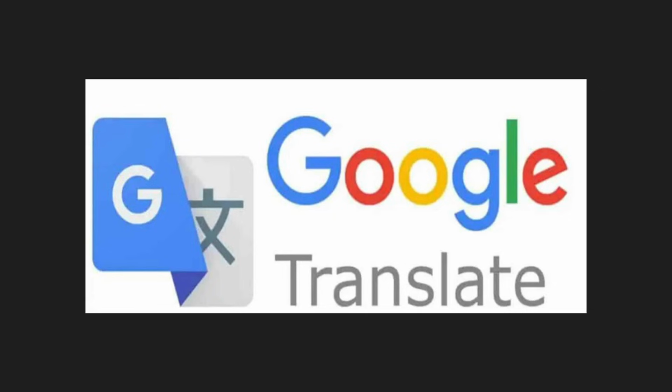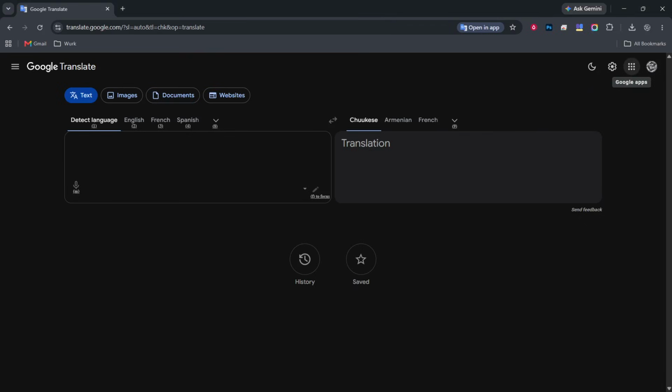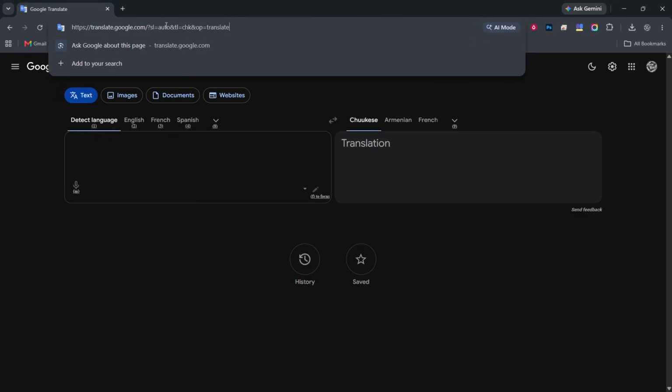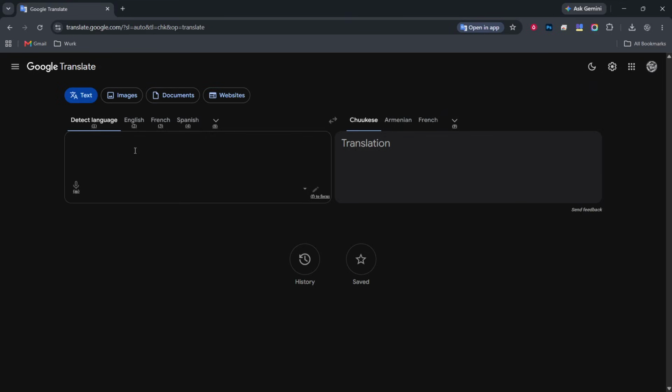Open Google Translate. On your computer, this shows a clean page with two large text boxes side by side. The box on the left is for the text you type or paste in. The box on the right is where the translation appears. Above each box you will see a row of language names, such as English, Spanish, or French, with a small arrow next to each label. When the page finishes loading, check that you can see both boxes and those language labels at the top.